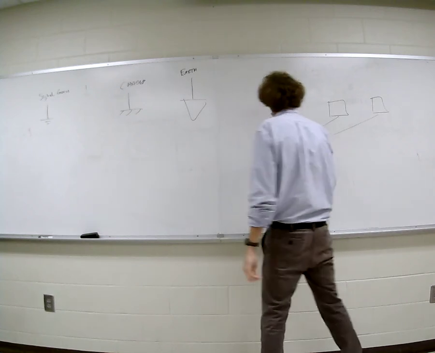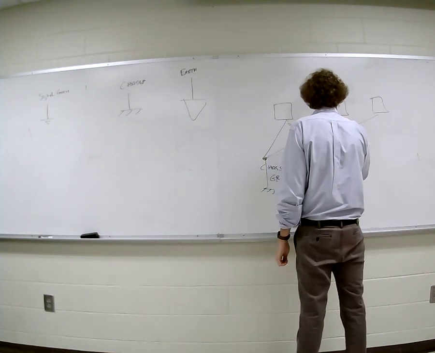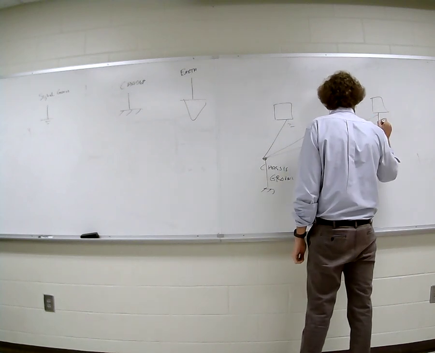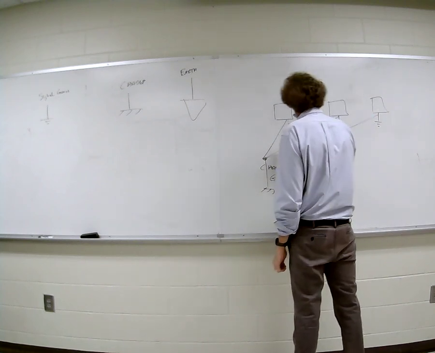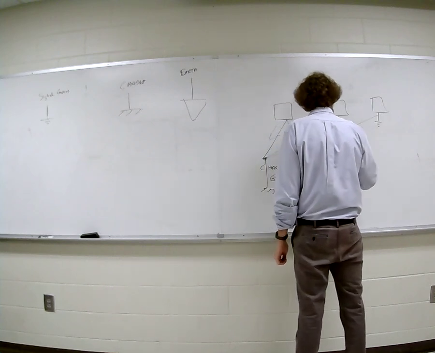So this is from a signal ground here, signal ground here, and signal ground here. And if each one of these has 3 milliamps of current,